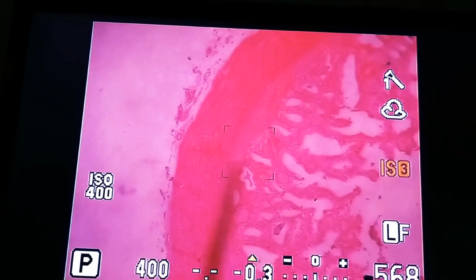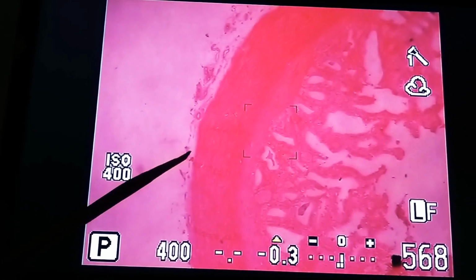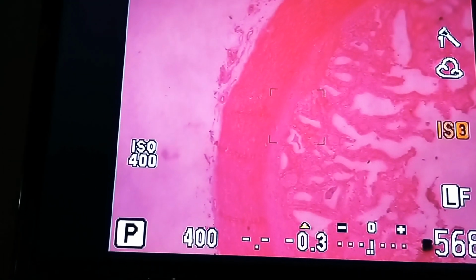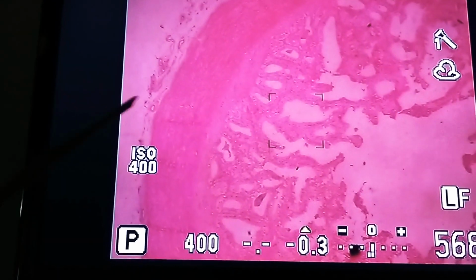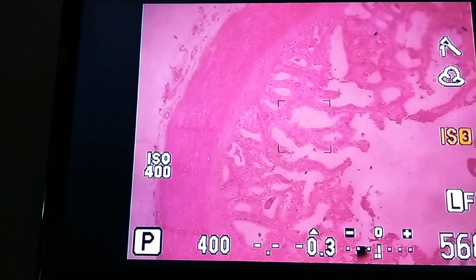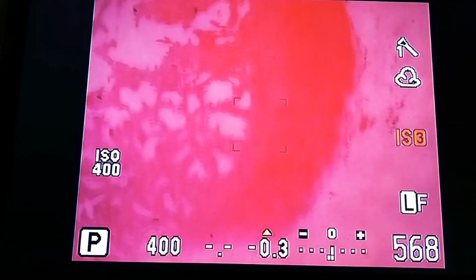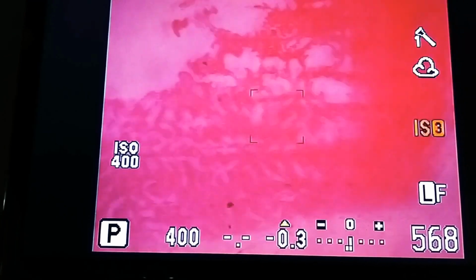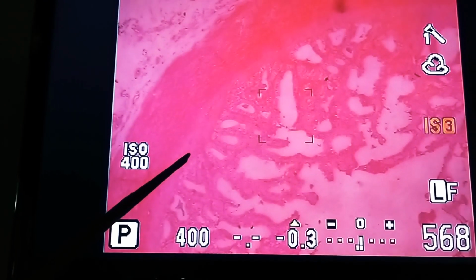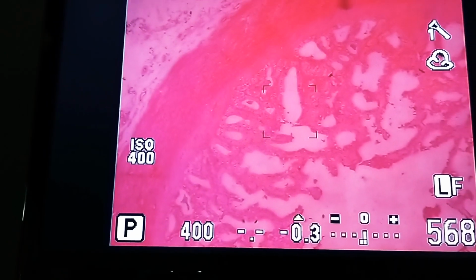Okay, let me repeat from outer lining to inner lining. Here you can see the peritoneal lining, so it will be lined by mesothelium and it will have a neurovascular bundle. Then comes the muscle layer. All concentric muscle layer, all over you can see the muscle layer, surrounding the complete tissue all over the lumen. Then the next layer is the mucosa. You have a layer of lamina propria, loose areolar tissue, and this is the mucosa which is highly folded.